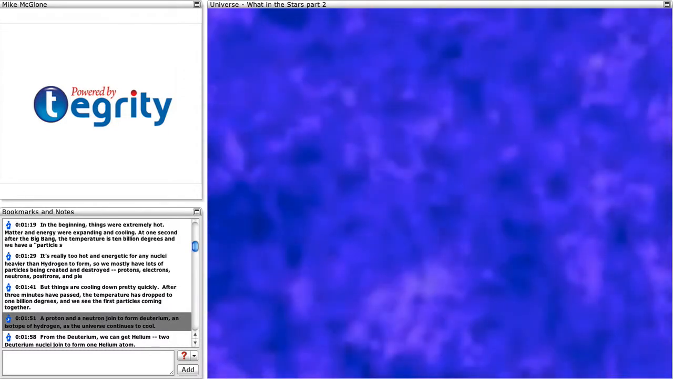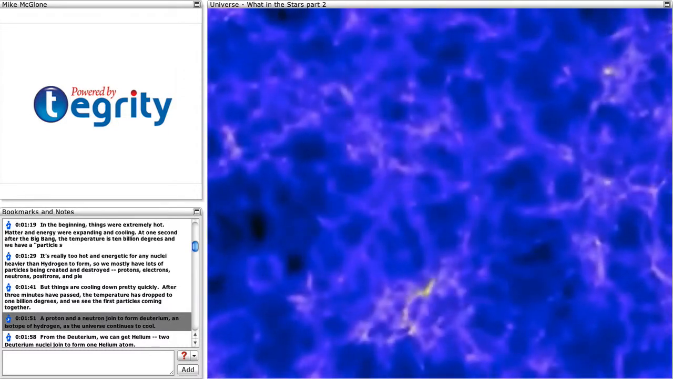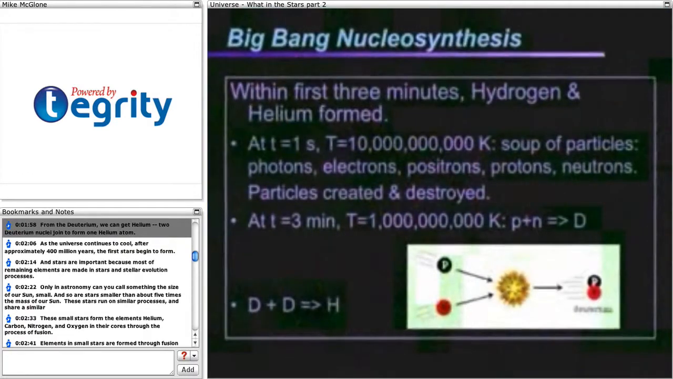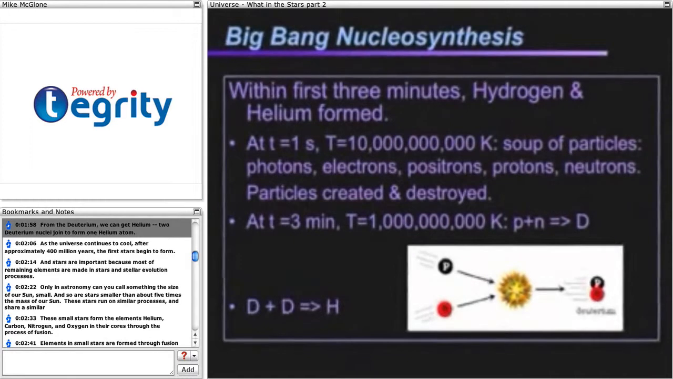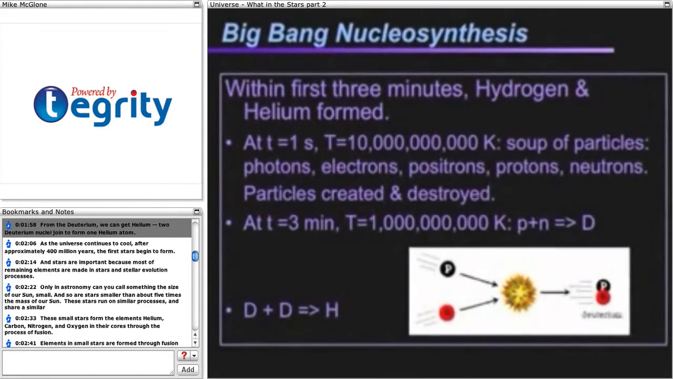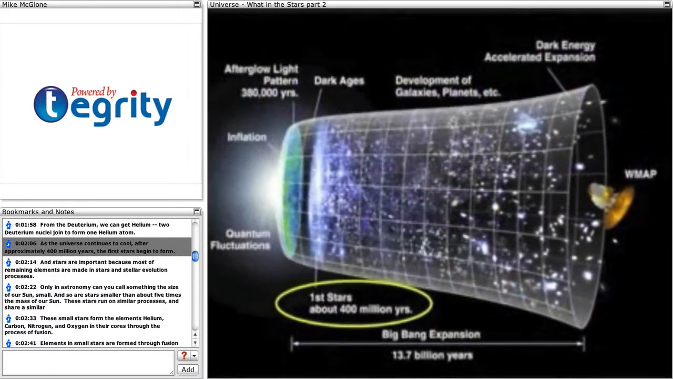After 3 minutes have passed, the temperature has dropped to 1 billion degrees, and we see the first particles coming together. A proton and a neutron join to form deuterium, an isotope of hydrogen, as the universe continues to cool. From the deuterium, we can get helium. 2 deuterium nuclei join to form 1 helium atom. As the universe continues to cool,